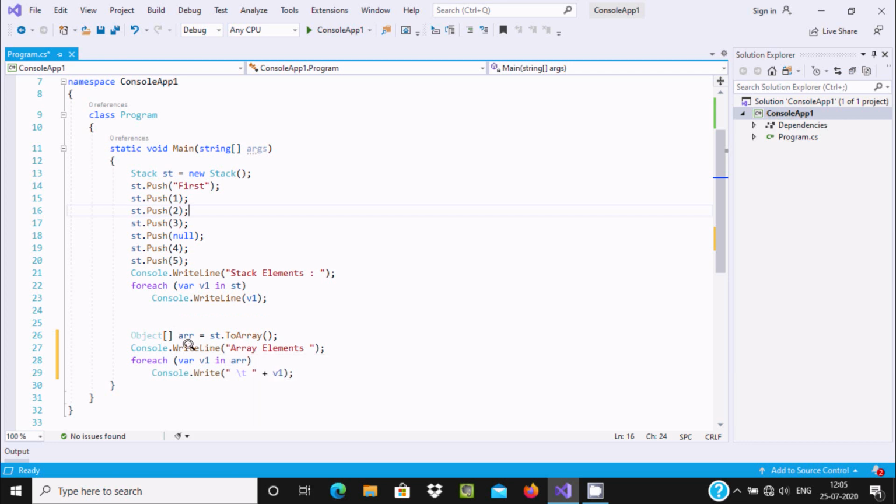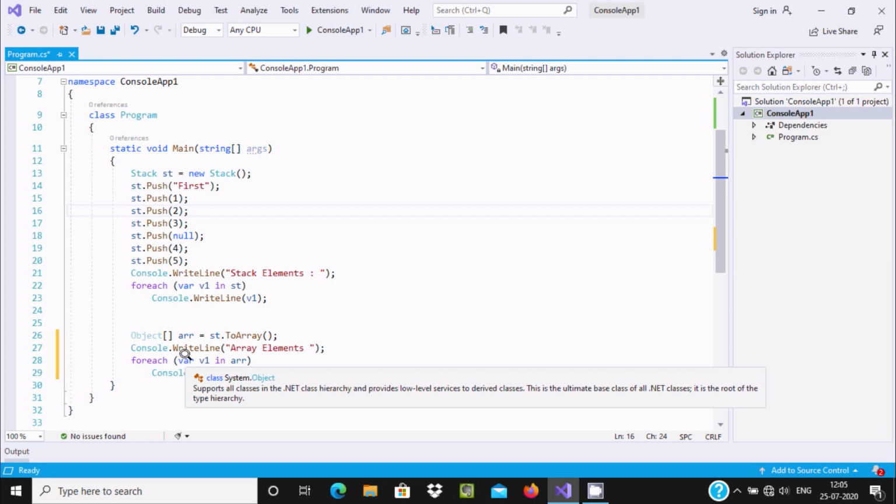Now Console.WriteLine displays to the output screen. The ARR values, whatever values it receives, go one by one to v1 in the foreach, and after that we print the value of v1. So v1 is the var.